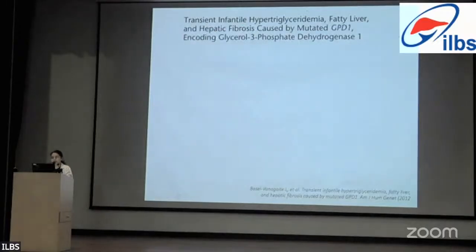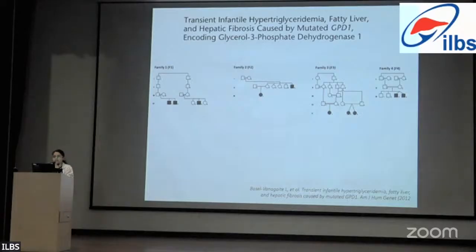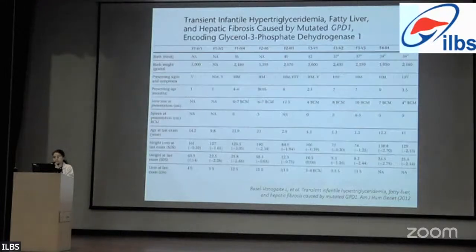So the initial cases were described in 2012. So it is a relatively recently described disorder. So this was the first case series. In this case series, they described 12 distinct patients who were all of Israeli descent, but they were scattered across the world, and they were all born out of consanguineous marriages. So we see these 12 index patients.